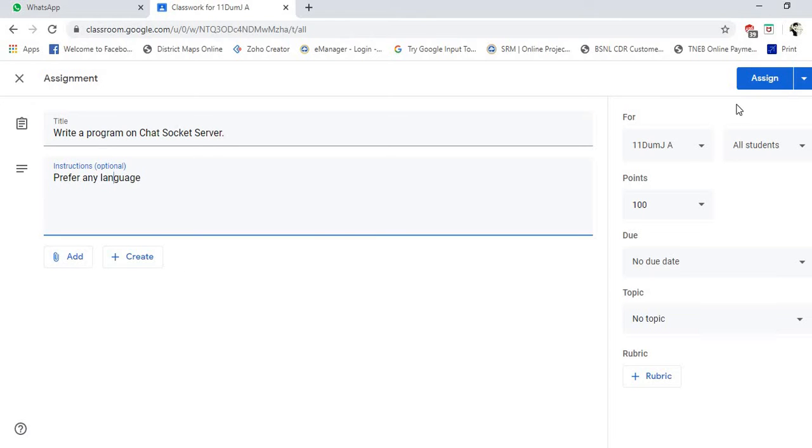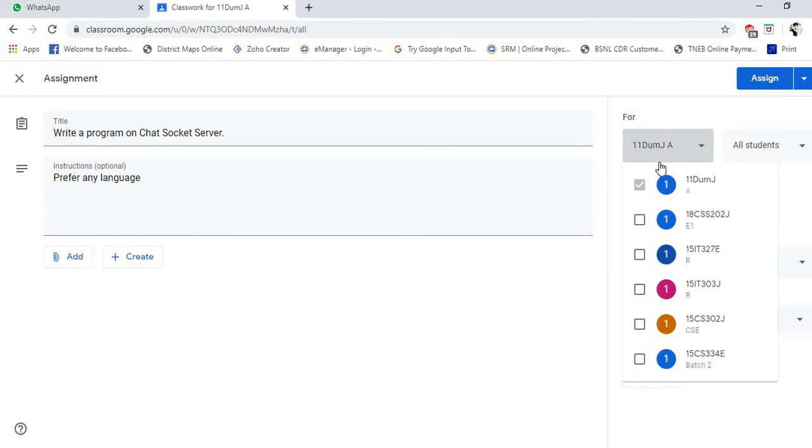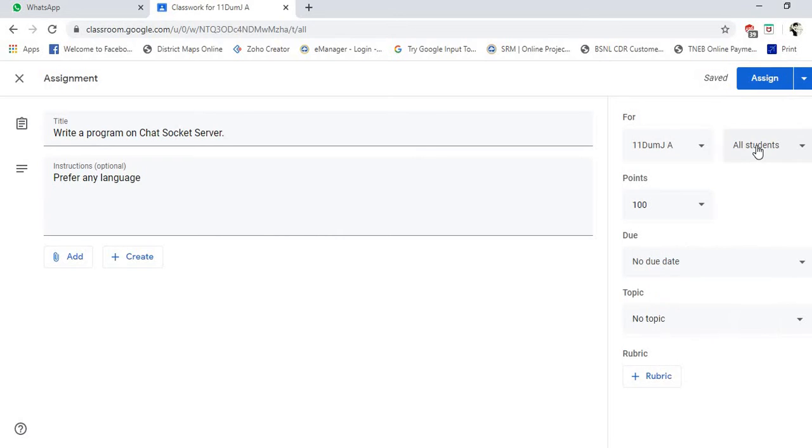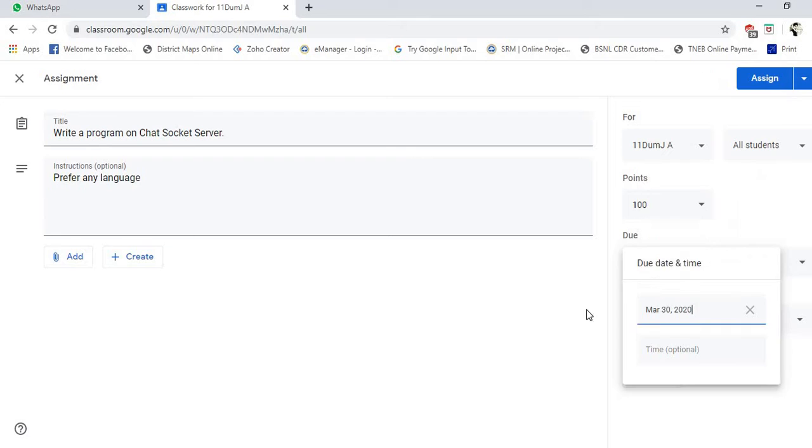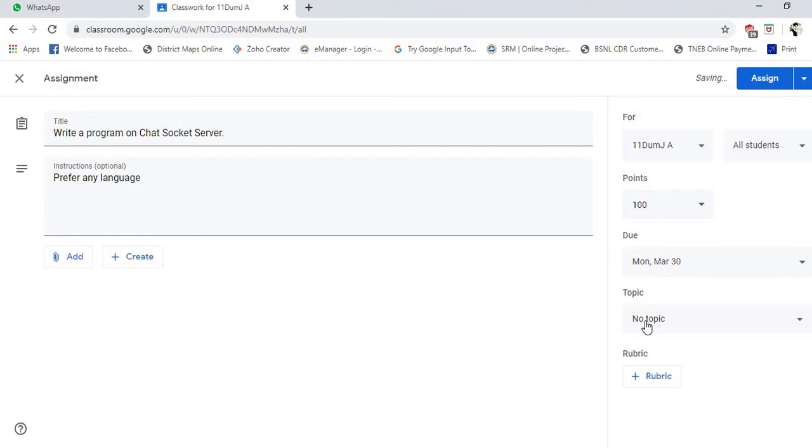Okay. And we are not going to do any attachments here, and this assignment is for this class, dummy class, and you can assign it for multiple classes as well. Okay. And this is for all the students. Only one student I have created, it's a dummy student, and 100 points will be given, and the due date we'll set to the 30th of this month, and then topic, create a topic, socket programming,